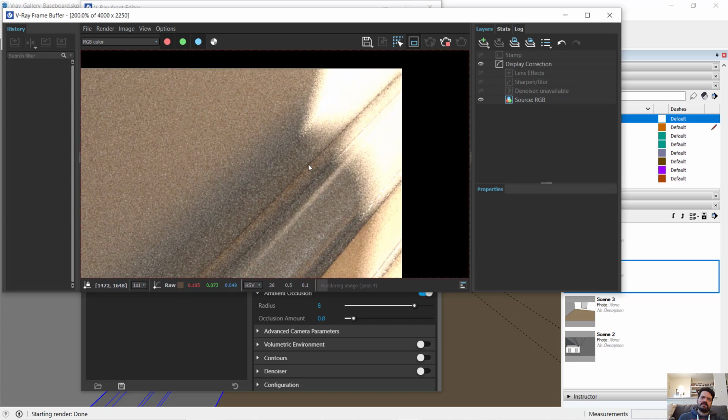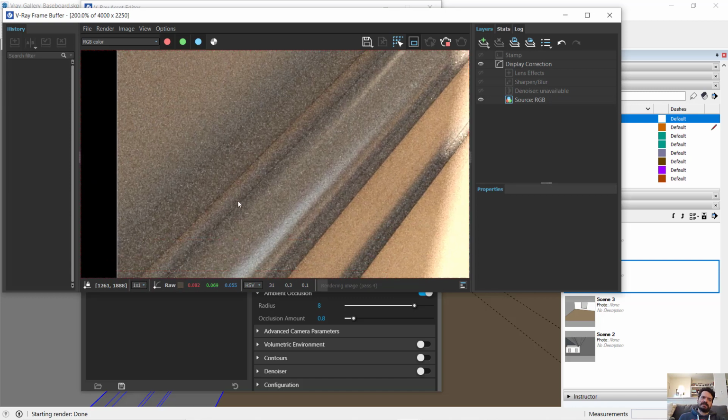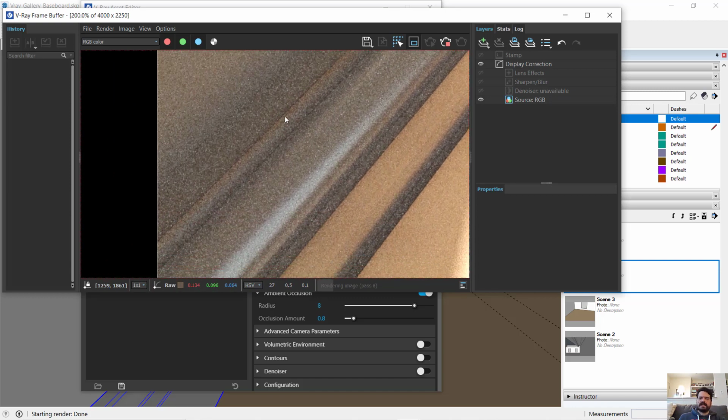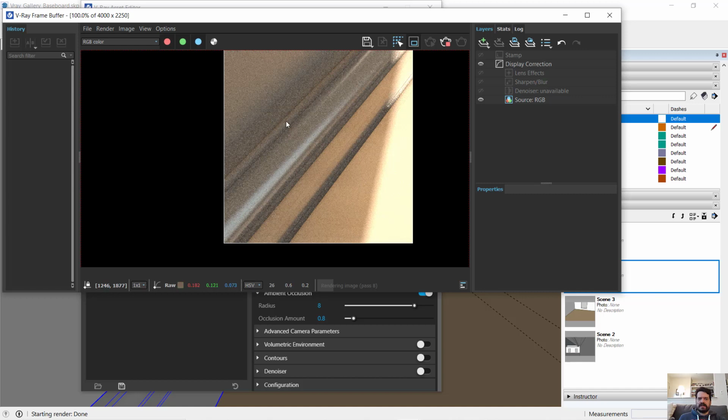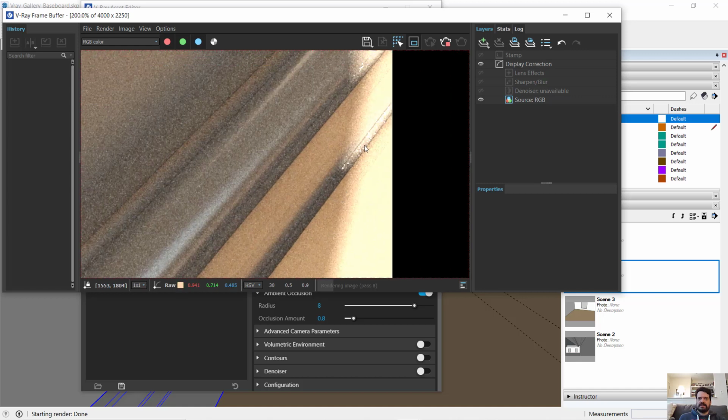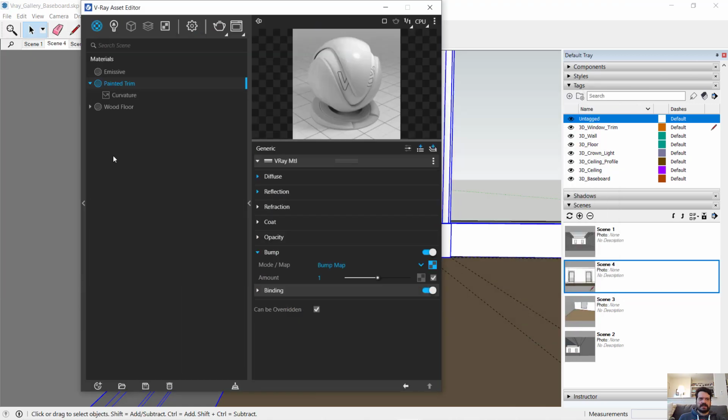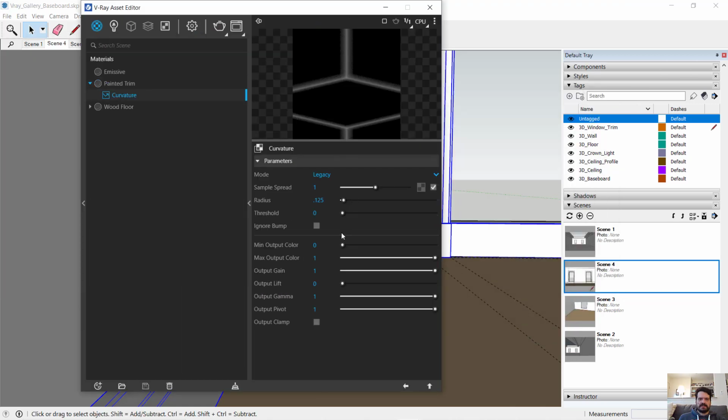In fact, it looks more like they are becoming pronounced rather than rounded. I'm trying to get this material to soften some of my edges, and I think instead of softening it, it is accentuating them. Going back to this curvature,